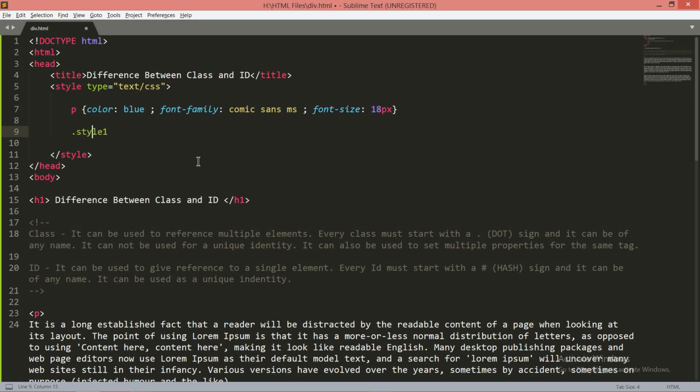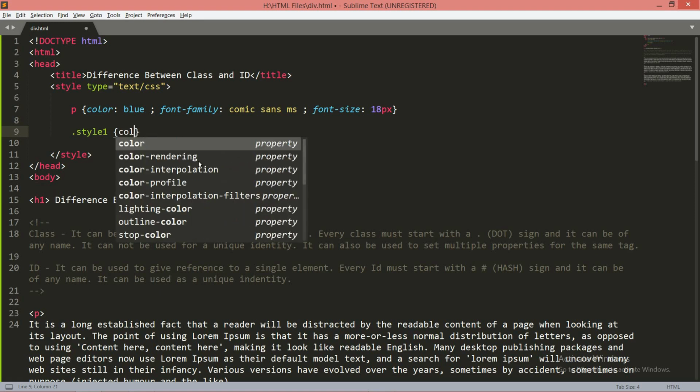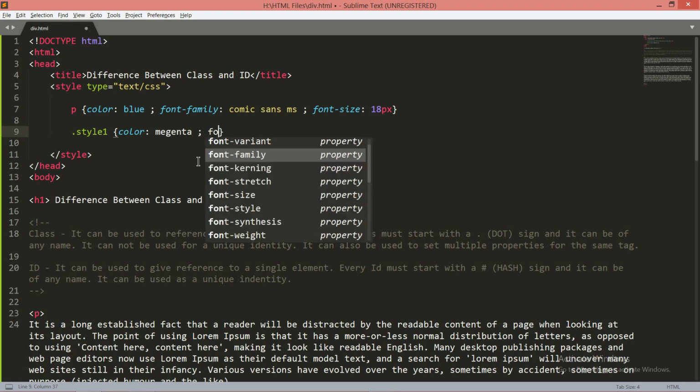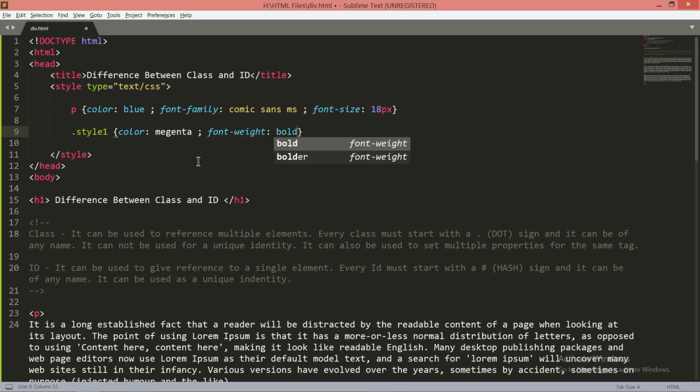Now whatever property I want to set for this particular class, just mention the property. I say color, let it be magenta. I say font weight, that's for bold text.